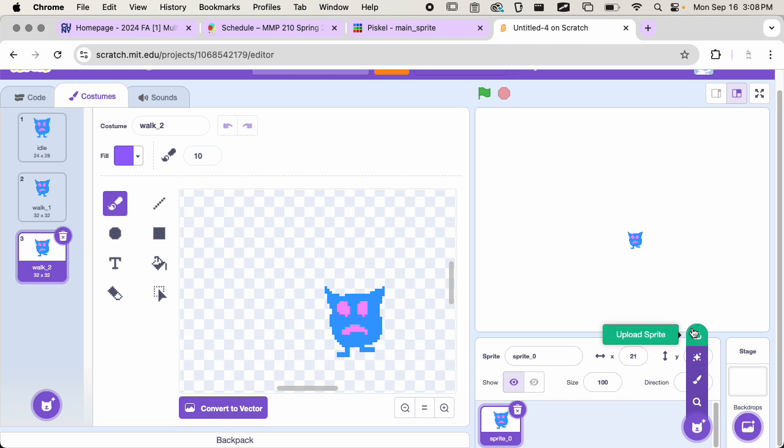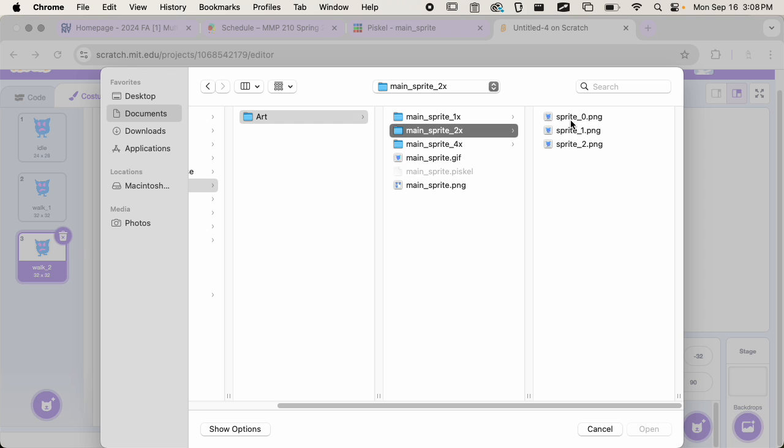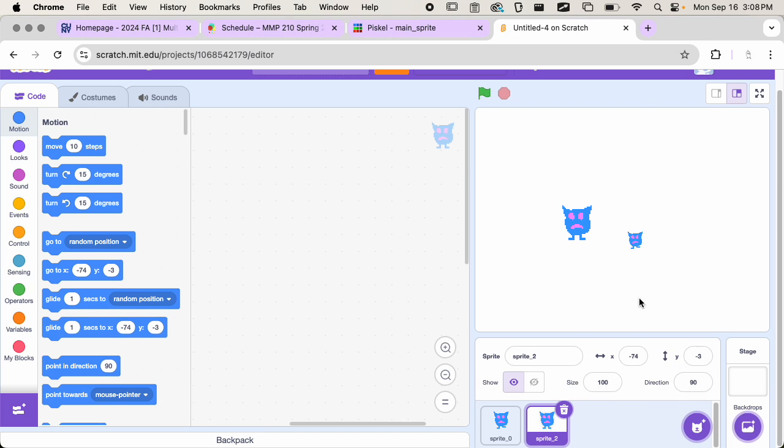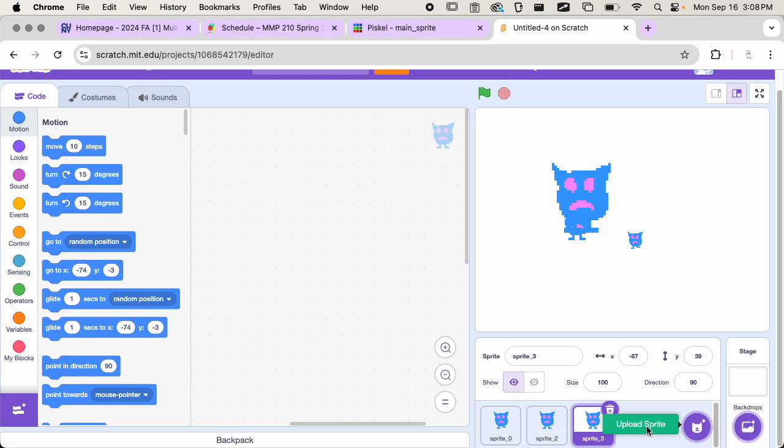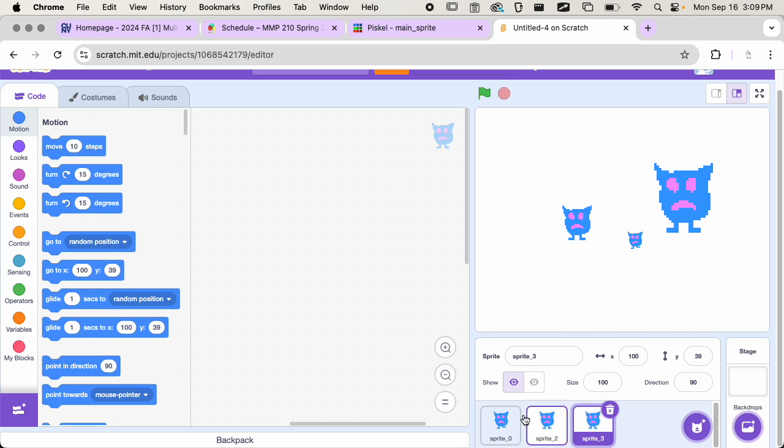Let's add another sprite that's a little bit bigger so we can see the size difference. So this is sprite 2x, and this is sprite 4x. Okay, let's move sprite 4x over here. So notice the difference in size. Obviously, depending on what your game looks like and how it works, you're going to want to have different sizes of sprites. If I click on sprite 0 and I try to make it the size of one of my other sprites,